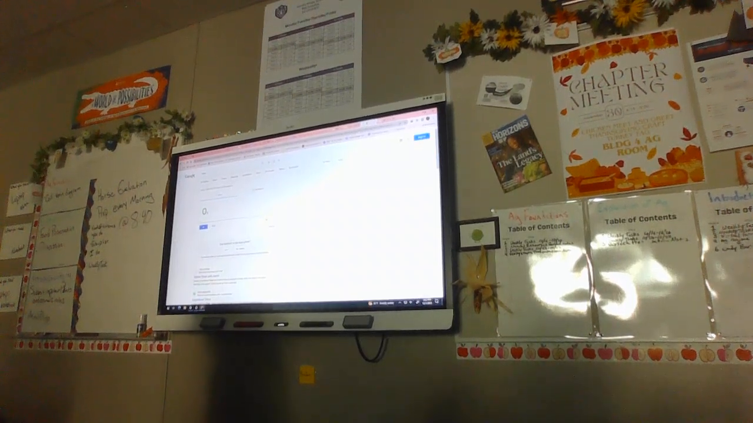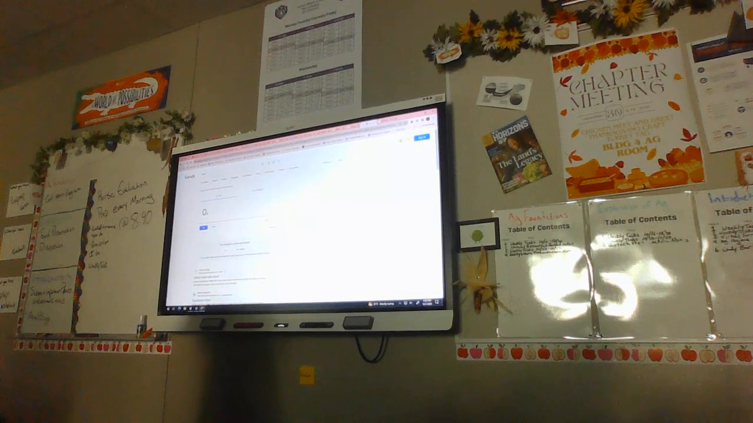Milk, yogurt, ice cream, butter, whipped cream, eggs, apple juice, cranberry juice, grape juice, pineapple juice, beer, wine, and orange